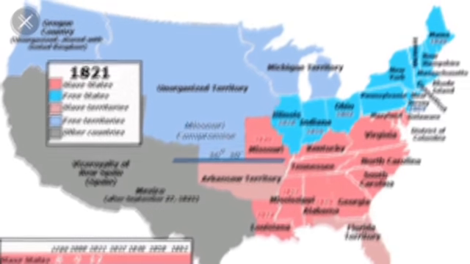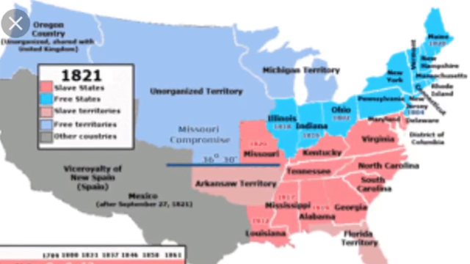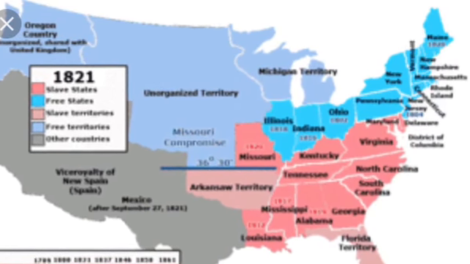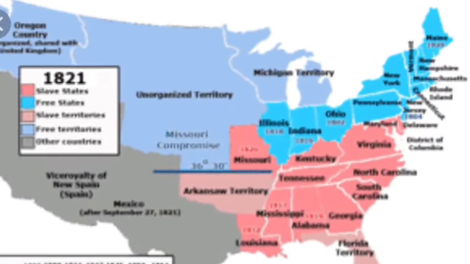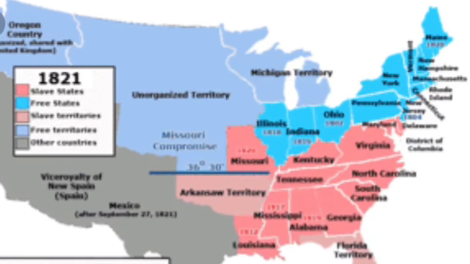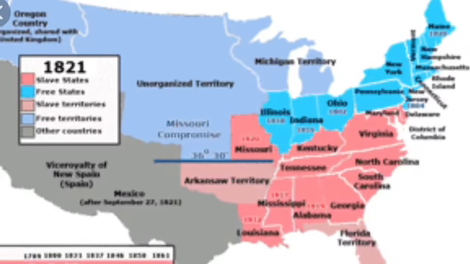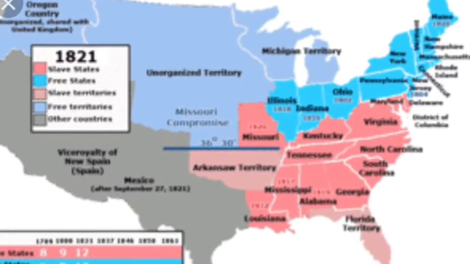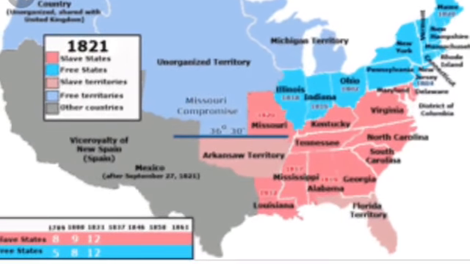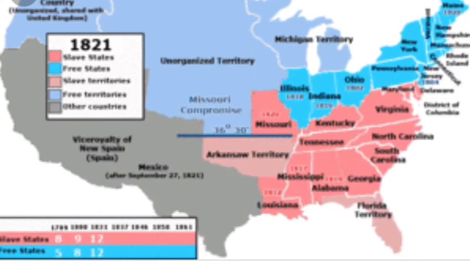Fugitive Slave Law of 1850. The Fugitive Slave Law of 1850 was a part of the Compromise of 1850. This law enabled the United States to aid slave owners in recapturing runaway slaves. Due to the United States Constitution, slave masters were able to capture slaves who ran away to free states. Anyone caught hiding fugitive slaves faced penalties and punishments.